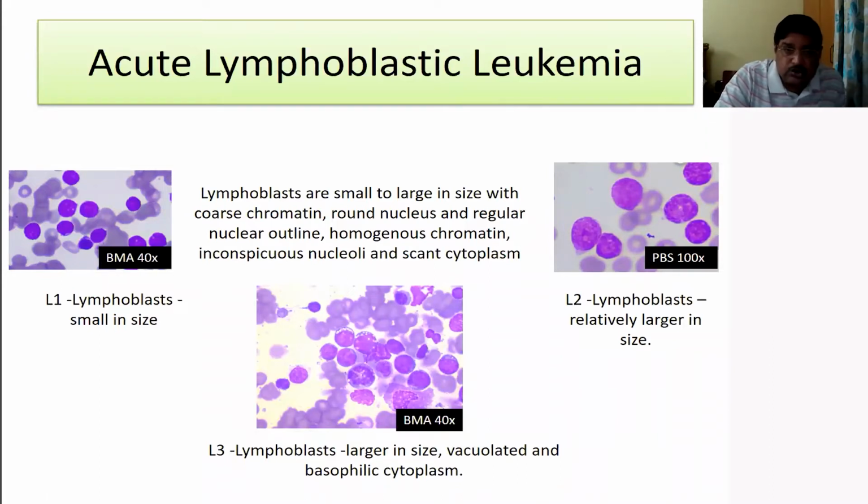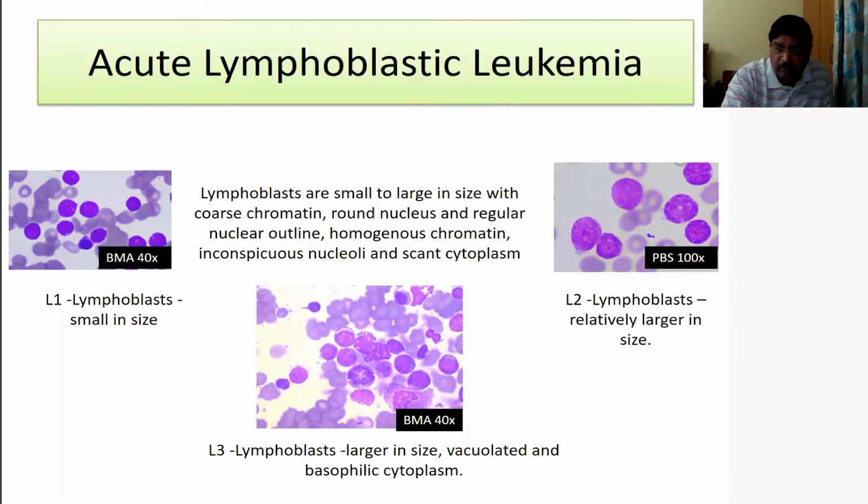So if you come to the brass tacks of ALL diagnosis, in olden days when I was a student, we used to label these lymphoblasts like L1 morphology, L2 morphology. You can see that L1 are very uniform size blasts, hardly any speck of cytoplasm, hardly any nucleoli, but high NC ratio, and full of them in the marrow as well as in the peripheral blood. Whereas in the L2, you had a heterogeneous population of blasts, small, intermediate sized, some of them may be large, many of them will have prominent nucleoli,